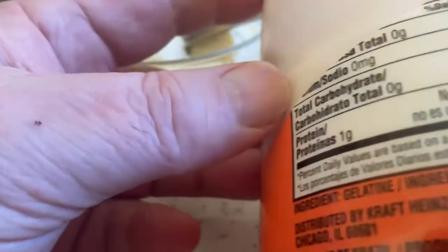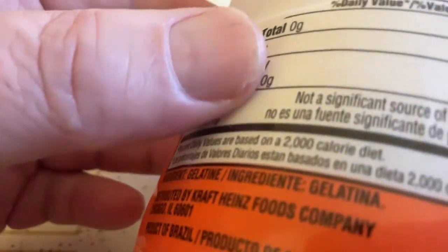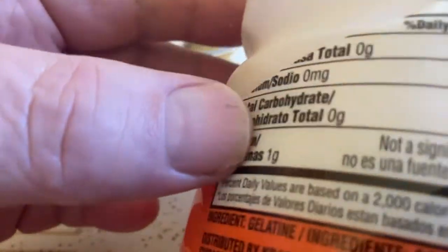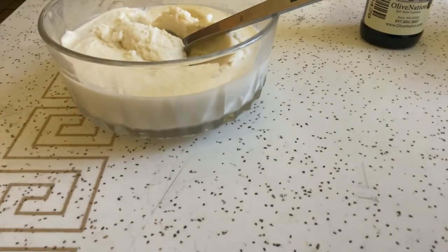The other ingredient that goes into here is just good old gelatin powder. And look, carbohydrates 0, protein 1 gram. And this stuff. So you got milk, you got your coconut extract as your flavoring. Then there's this stuff,